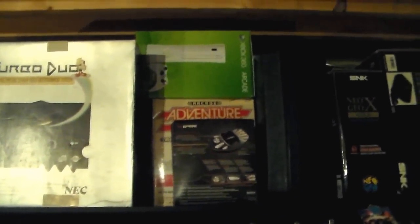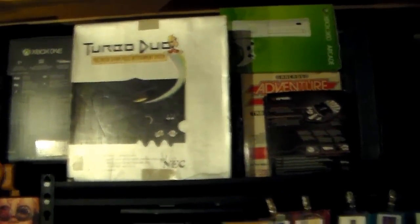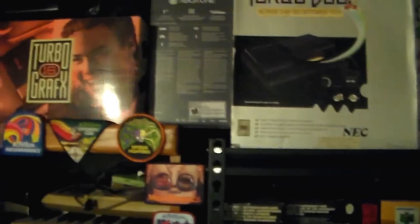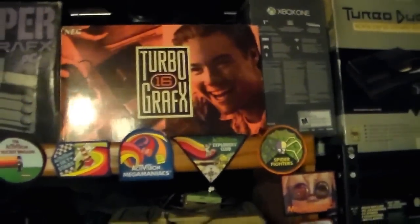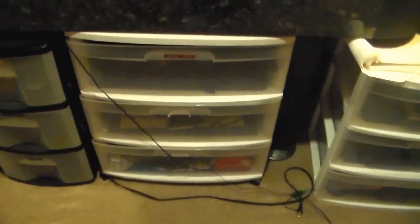Newer games I do have upstairs. I do have like an Xbox One, and I actually have my PlayStation 2 upstairs. I got the Wii U, and I keep my newer stuff up there. TurboGrafx box, I didn't have that before. Super Graphics, I bought that at a convention last year. So a lot of box systems, and the other systems that are not boxed I have all in totes here